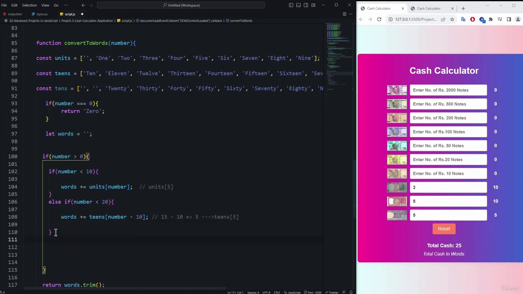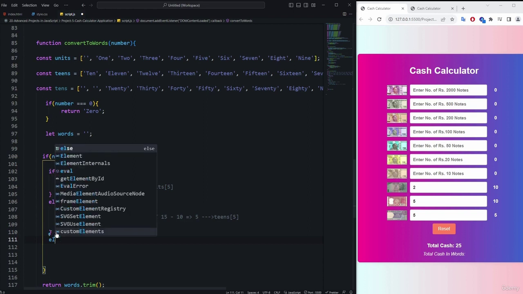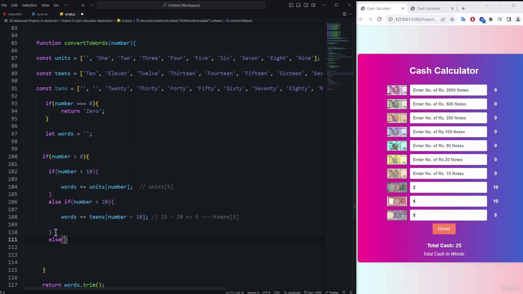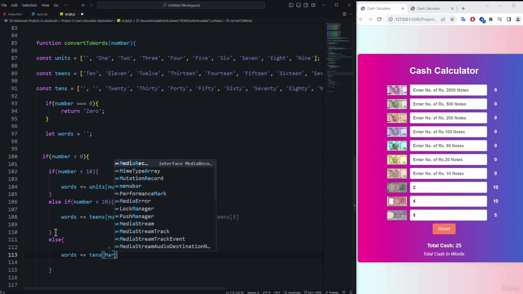So here we need to use the else block. Inside of that, we need to add the logic. So here we need to use the words, then again the short syntax property. And then we need to use the tens array. Inside of the tens array, we need to perform some calculation. So first we need to use the Math dot